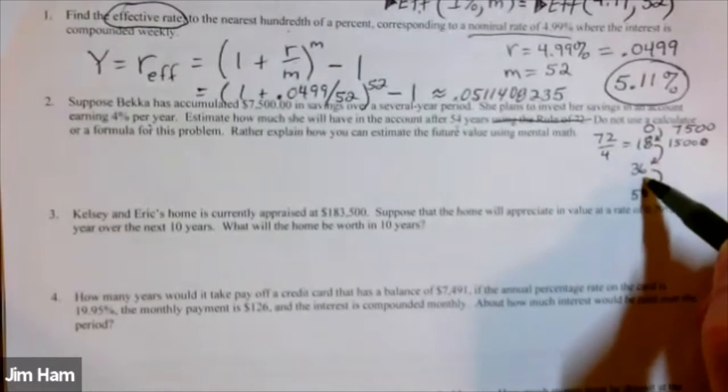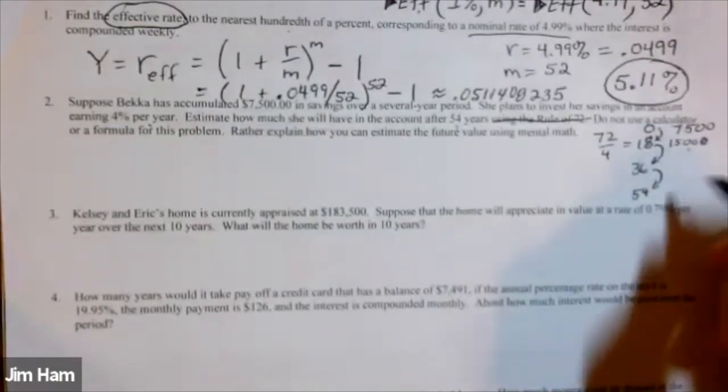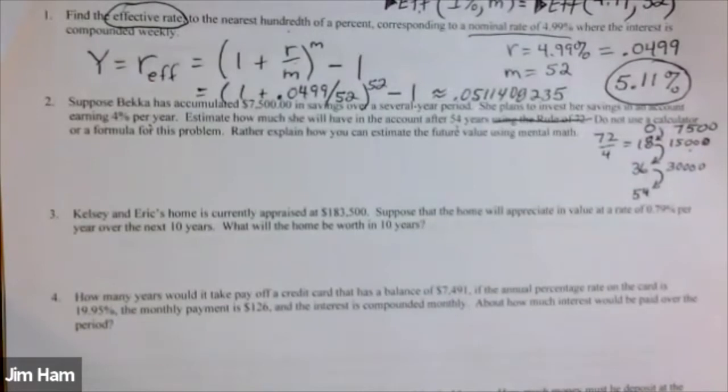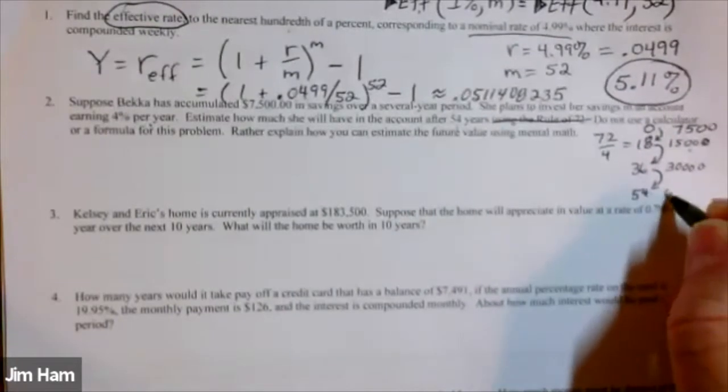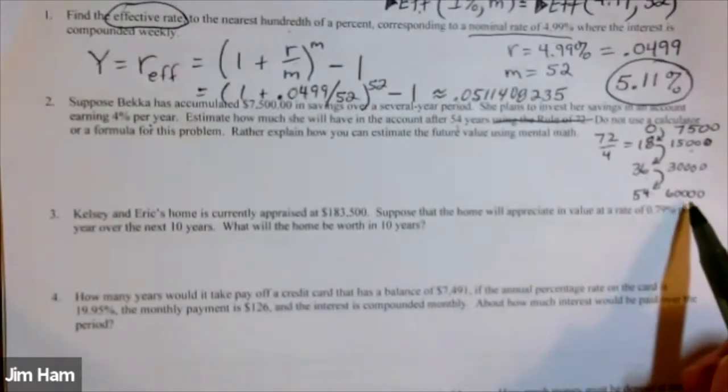After the next 18 years, it doubles again, from the 15,000, going up to 30,000. And in the last 18 years, it doubles again, from 30,000 to 60,000. So as an estimate, we're going to have $60,000